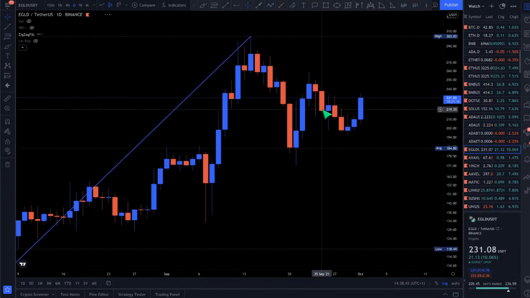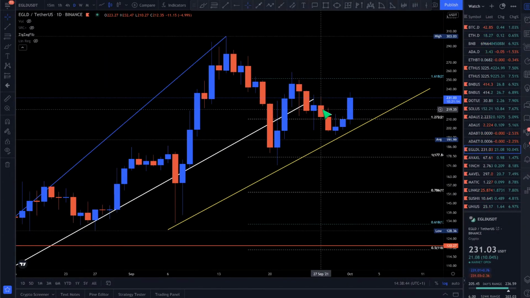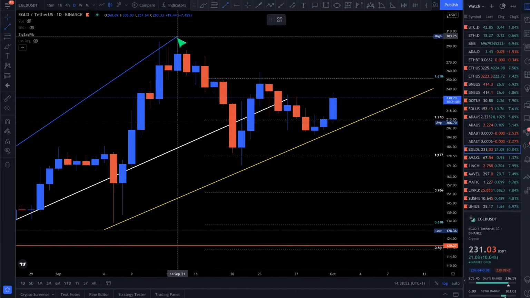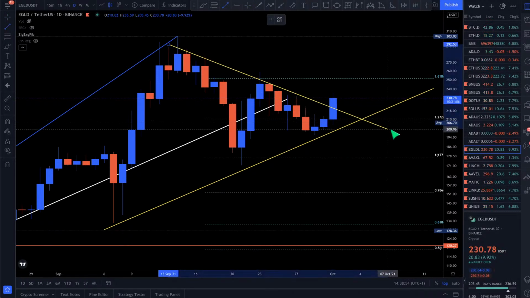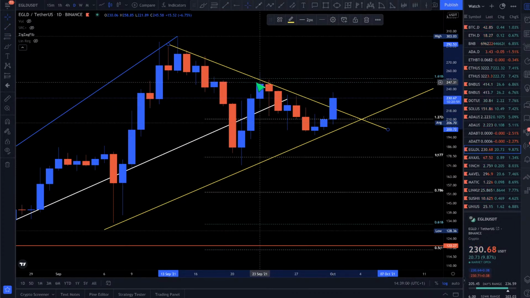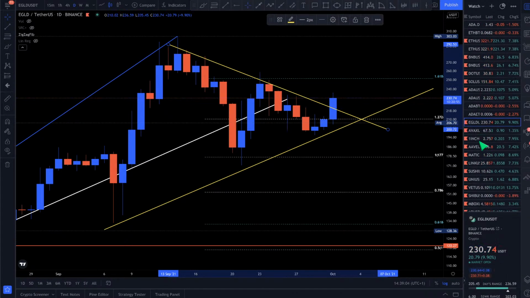Let's have a look at eGold. We did mention eGold yesterday. eGold looking solid. The bounces were solid. I think we mentioned yesterday it was looking at going to $350 if we did pump high again. So again, very good. The invalidation point for this one is $247. If we can go to 247, we should be okay on that one.